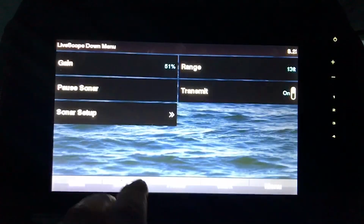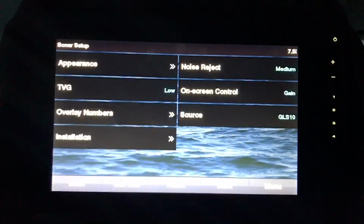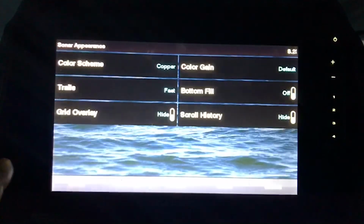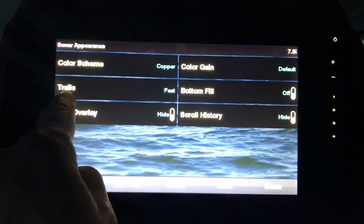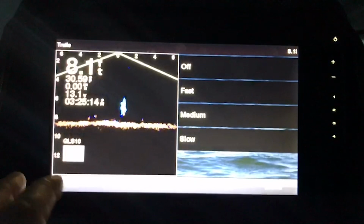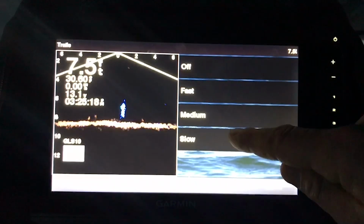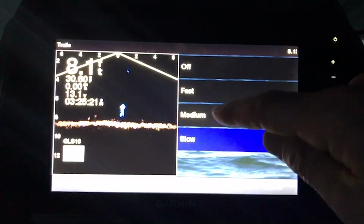We'll go to menu, sonar setup. Let's see, this is a new one for me, so I believe it's in appearance. And here's trails. Now we put the trails on fast because we don't want them lingering on the screen all that long. So if your boat goes slow,